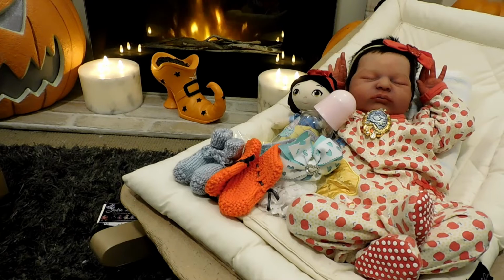It was supposed to be a season that I was going to be doing for Halloween, but because life has been a little bit hectic of late, it's been very difficult. So I am just going to be doing it all the time, not just in the month of October, because there's just not enough time to get all those alternative babies done within that 4-week time period. So I will be doing alternative babies now, and they will be added onto my website,